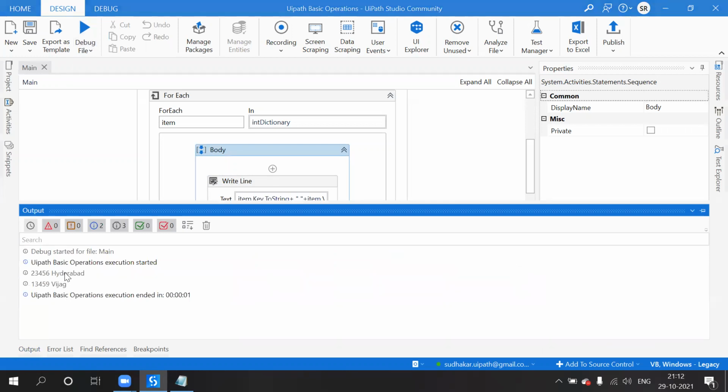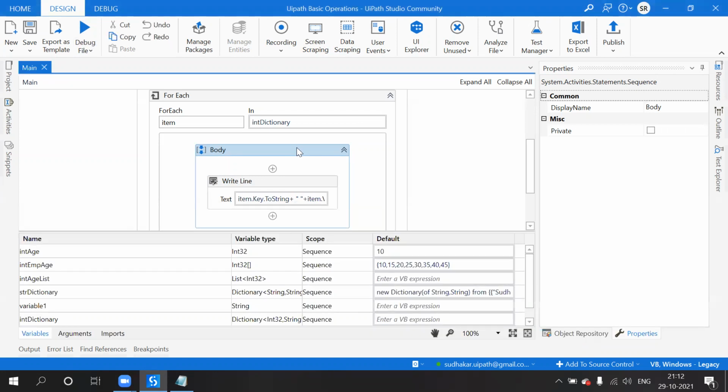So here we got the output, this is the key and value. Like this we can display. Okay, so this is all about dictionary.